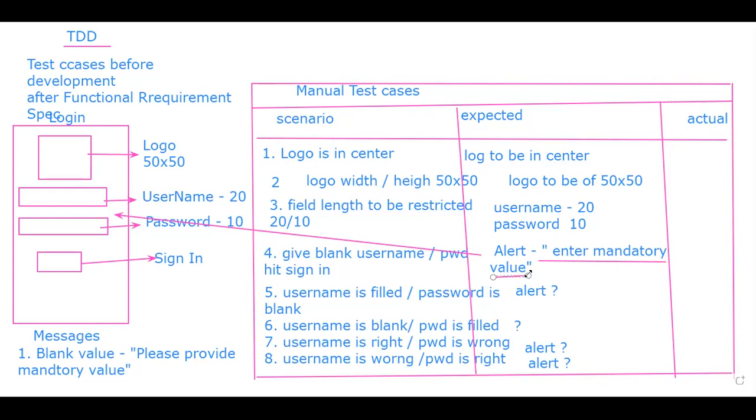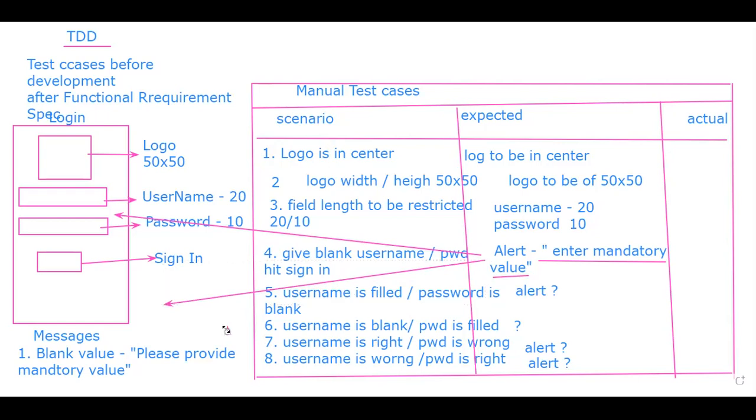The alert should come. If you give blank username and password, an alert is coming. I am not that sure, because as a developer, what is there in the name? It's just a typo, right? That's the developers' mentality. But most of the time, what I have seen is this would be made a very big issue. The programs will be working very beautifully, but the alert will be wrong.